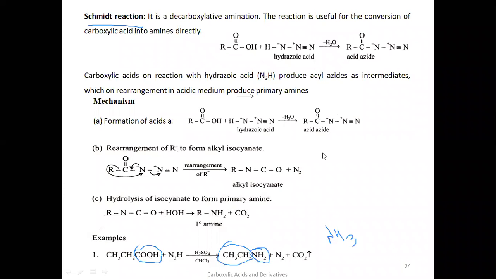So what I said, you have to remember the product, then you can write the reagents here. What is the product here? Amine, primary amine, NH2 means we have to use HN3 and H2SO4 catalyst here. HN3 is the reagent and H2SO4 is the catalyst. Once you remember the product here, Schmidt reaction means it is a preparation of amine. Like that you have to remember, then you can easily write the reagents. Okay. Now let us see the steps that are involved in the formation of these reactions.